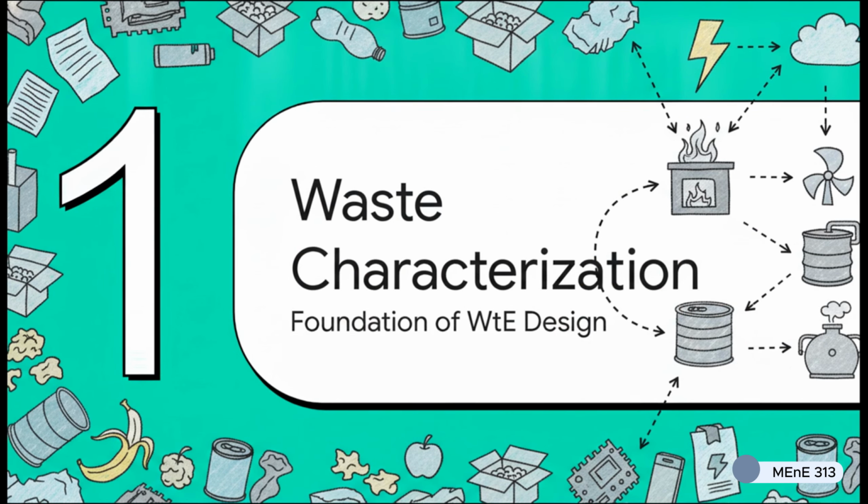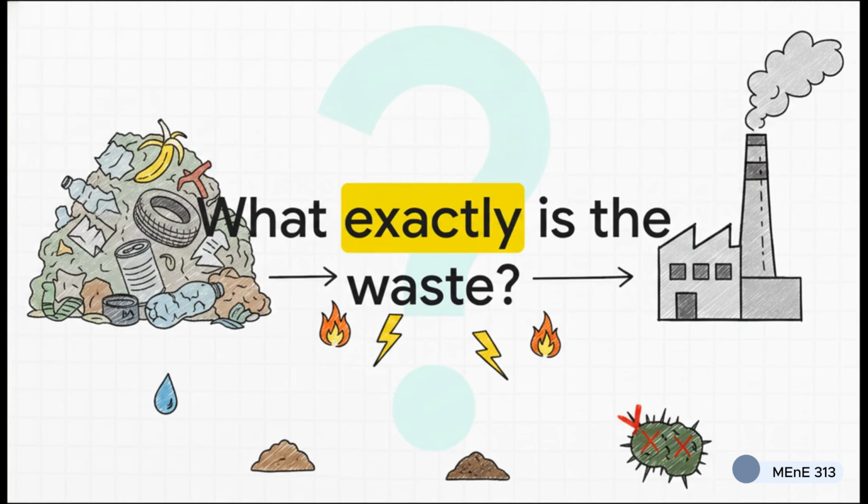This is truly the foundation of all waste-to-energy design. Before you even think about drafting a plant design, you have to establish the absolute golden rule of our discipline. The feedstock dictates the technology, never ever the other way around. As an environmental engineer, the very first thing you have to ask is simply, what exactly is the waste? A city might generate a literal mountain of refuse, but abundance alone doesn't automatically make a waste suitable for energy